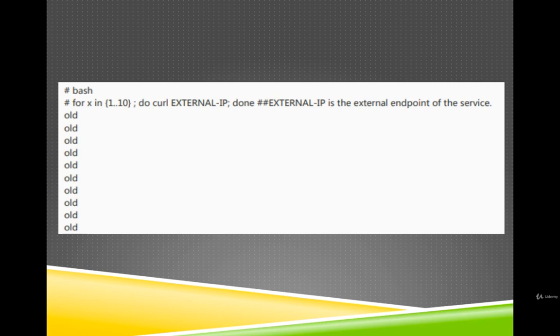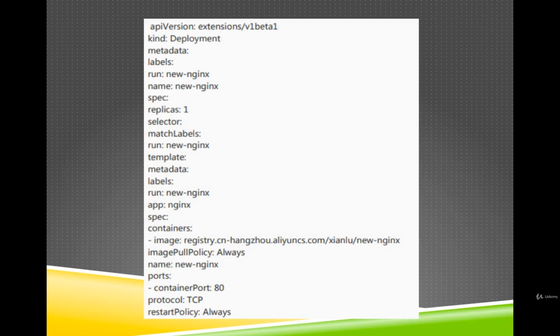Okay, coming on to step number 2. Bring the new deployment version online. Log on to the container service console, then click Kubernetes, then application and then deployment in the left side navigation pane. Click create by template in the upper right corner, as I have narrated earlier. Now select the cluster and namespace from the cluster and namespace drop-down list. Select a sample template or custom from the resource type drop-down list.